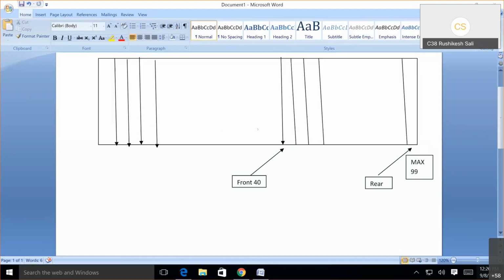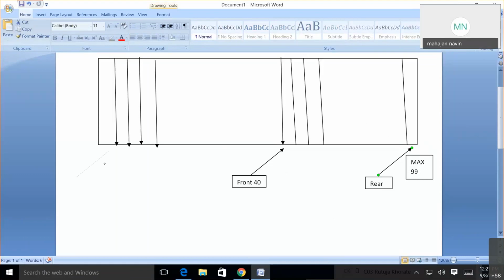Okay. We have to make it circular, then we can insert. If we make it circular, then we can. Otherwise, no. If you make it linear, it's not possible. But if it is a circular queue, then what will happen? Front will be pointing here, and rear will move on. But how much can rear move? Rear can again start here. It can go to the first element. Rear can come here, and rear can move on increasing till it reaches the last element.